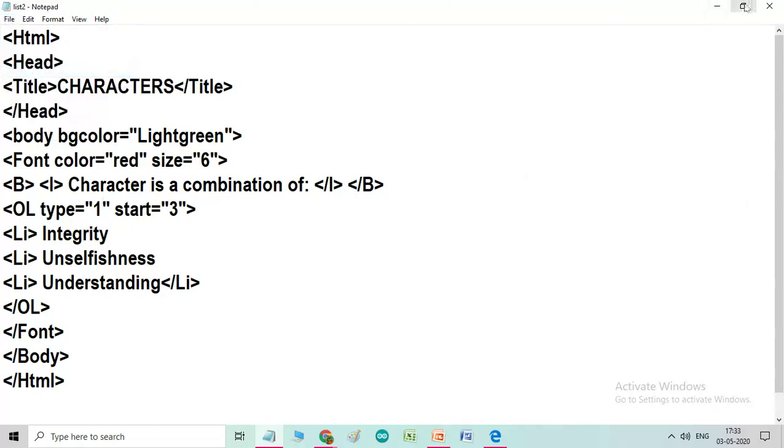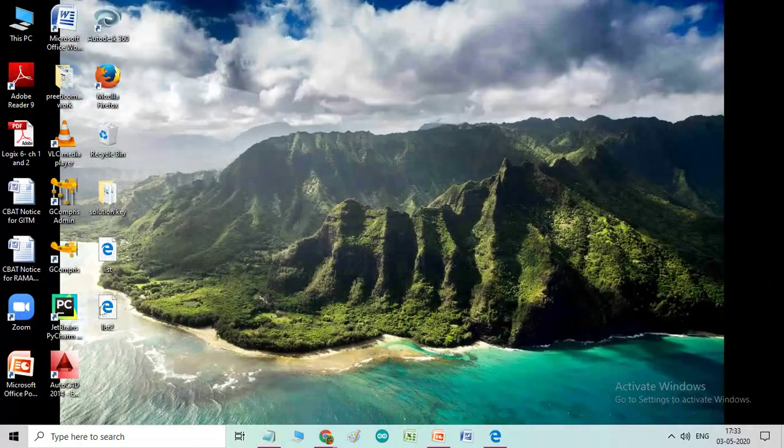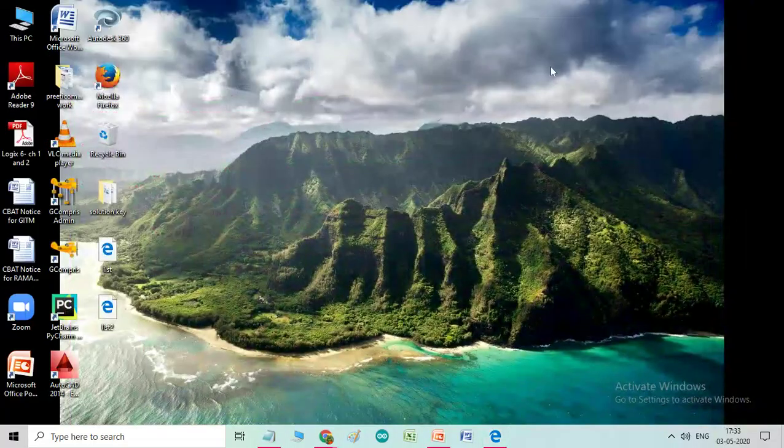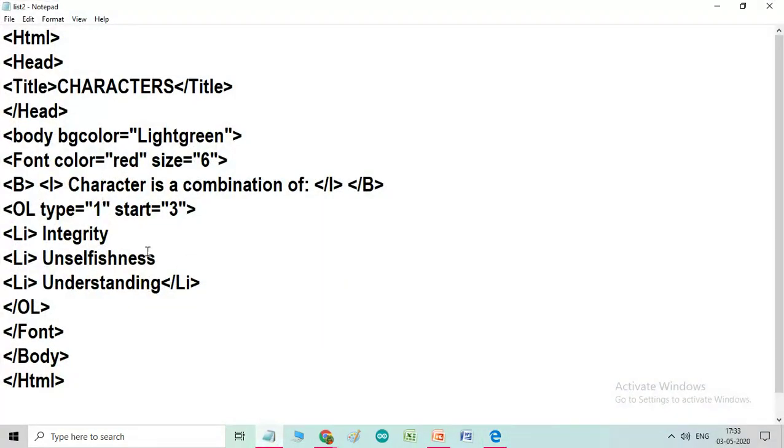Say save, open, and you see the list has started from 3, 4, 5. So this is how the start works. Now you can do the same with the alphabet. As soon as you type A and you write here 3, what will happen?